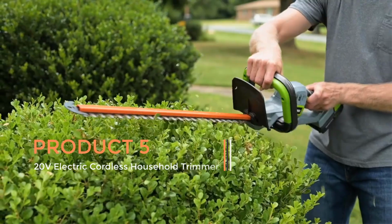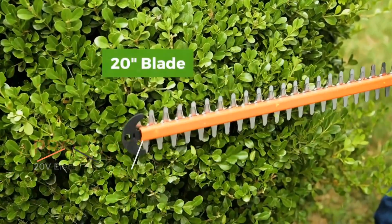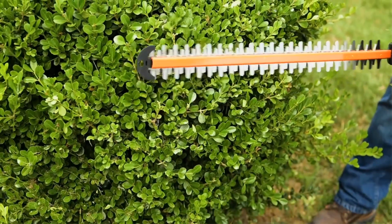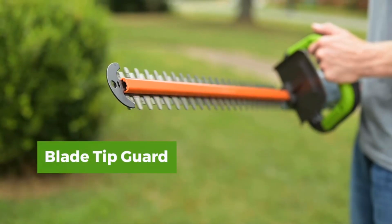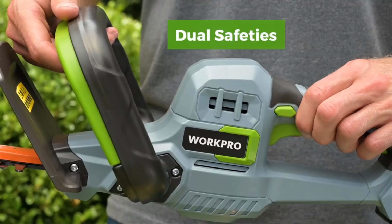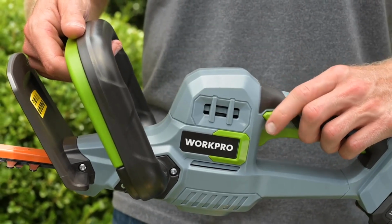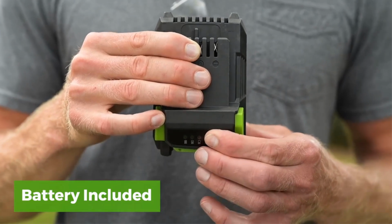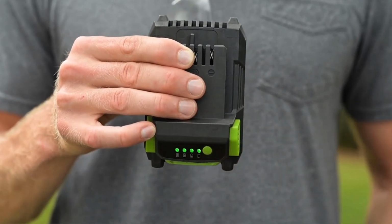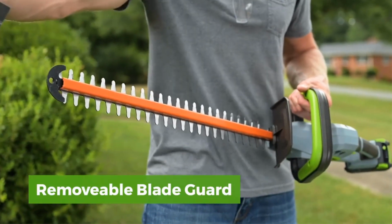The WorkPro 20V Electric Cordless Household Trimmer is a versatile gardening tool designed for homeowners and gardening enthusiasts. This trimmer operates on a powerful 20V battery, providing cordless convenience for easy maneuverability and flexibility in various outdoor trimming tasks. The cordless design eliminates the hassle of dealing with tangled cords and allows users to reach distant areas without constraints. This household trimmer serves multiple purposes, functioning not only as a hedge trimmer but also as a pruning saw